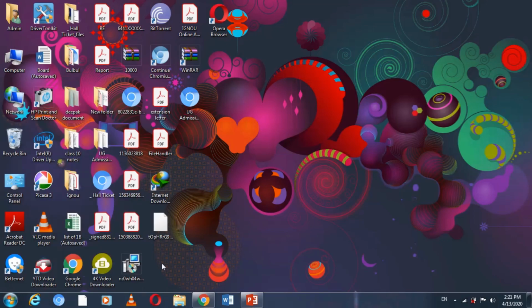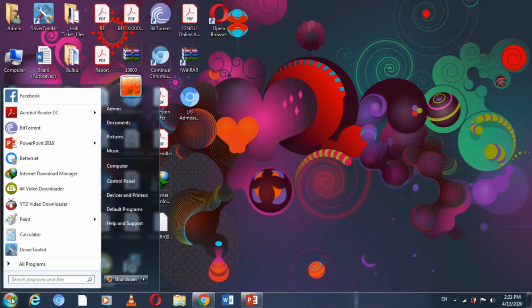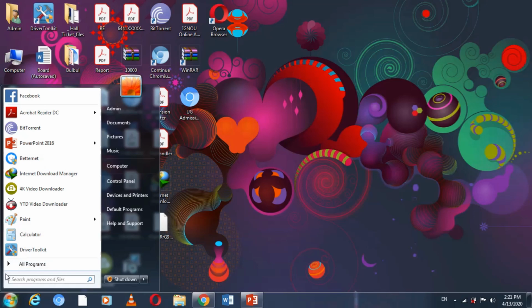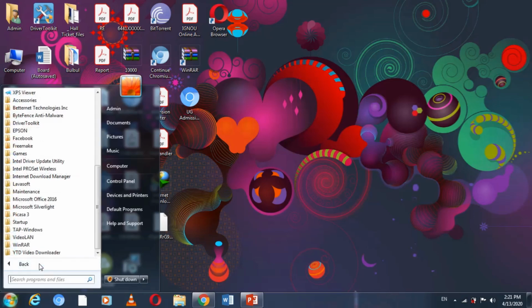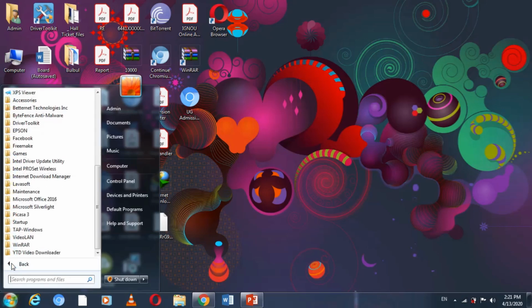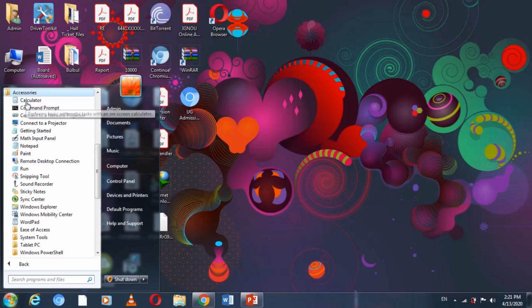Again I'll show you. Click on the start button. Then you see so many icons here. At the end you will see All Programs. What you will see? All Programs. This one. You will click on that. Again I'll show you. You will click on that. In this you will see so many folders. From here you will find Accessories. See, I have found it here. Accessories, this one, Accessories. Again you will click on that.